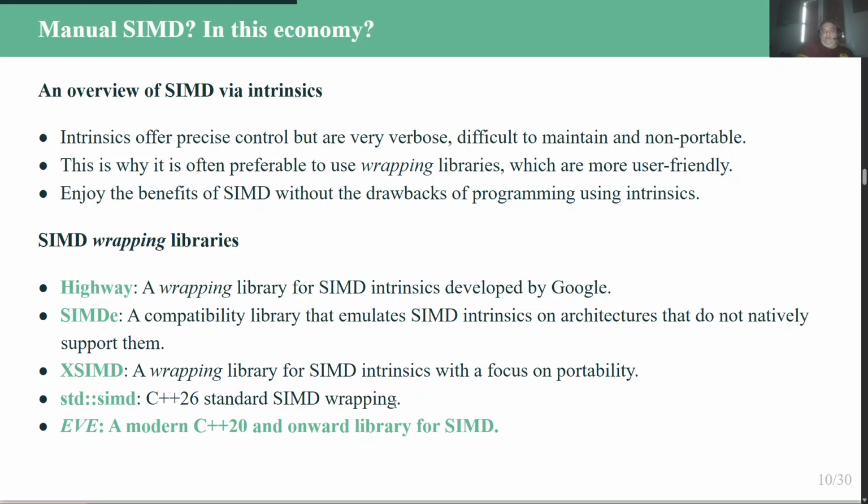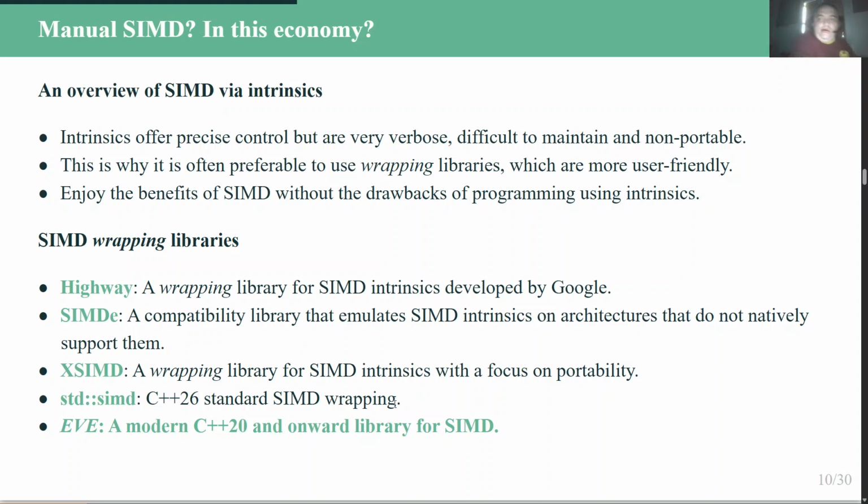XSIMD, it's a C++14 library that does classical wrapping, that we are going to see. And starting from a few months now, we have std::simd in the C++26 standard. How to say that? It exists. That's one of its main selling points. It's still not very well supported by most of the compilers. Some, I'm not even sure if we are going to have an implementation anytime. And it's sometimes very crude in terms of interface, but that's my personal opinion,